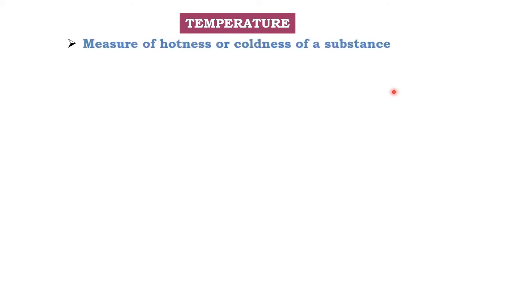Now we'll talk about temperature, because since temperature is responsible for changing the state of matter, we need to learn about temperature in the first place. So how can you define temperature? Temperature is a measure or magnitude of the hotness or coldness of a substance. मतलब एक सब्सटेंस कितना गर्म है, ये कितना ठंडा है, उस चीज को हम लोग क्या कहते हैं? That is called temperature.